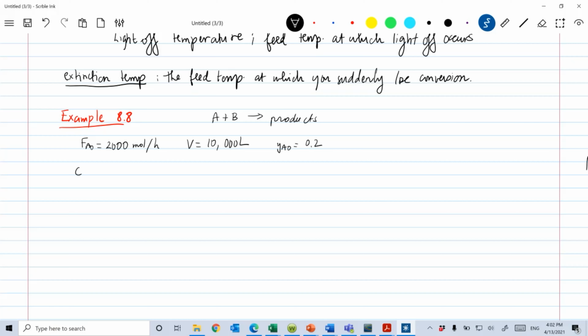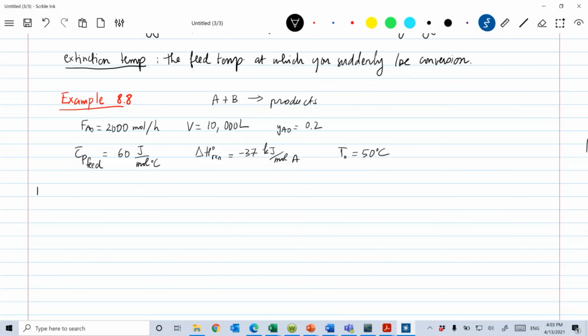It says that the CP of the feed, the combined A and B, an average CP for the feed, is 60 joules per mole. Well, it says Celsius, but that's fine. And the delta H of reaction, which is independent of temperature, is minus 37 kilojoule per mole of A. Your inlet temperature is 50 degrees Celsius. That's what you're given, and you're asked a few questions. The first question is,